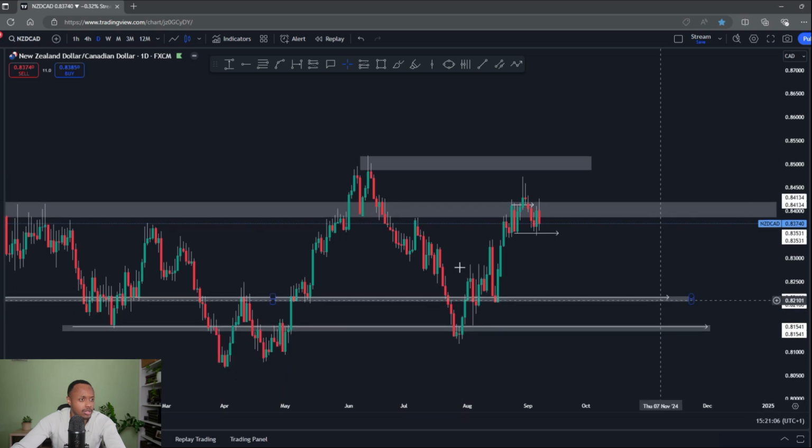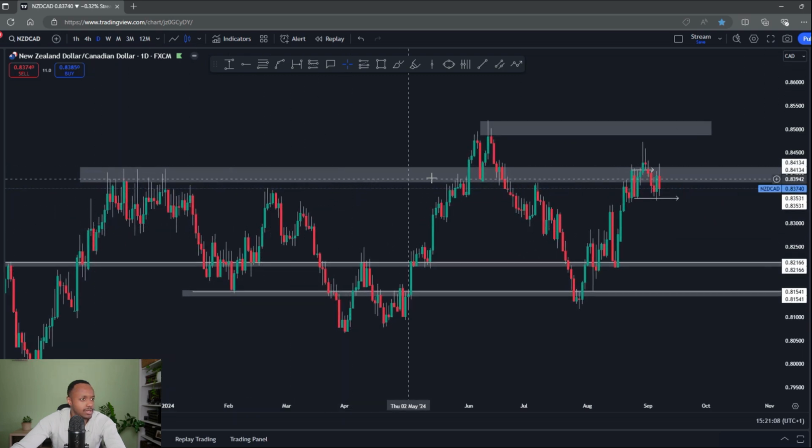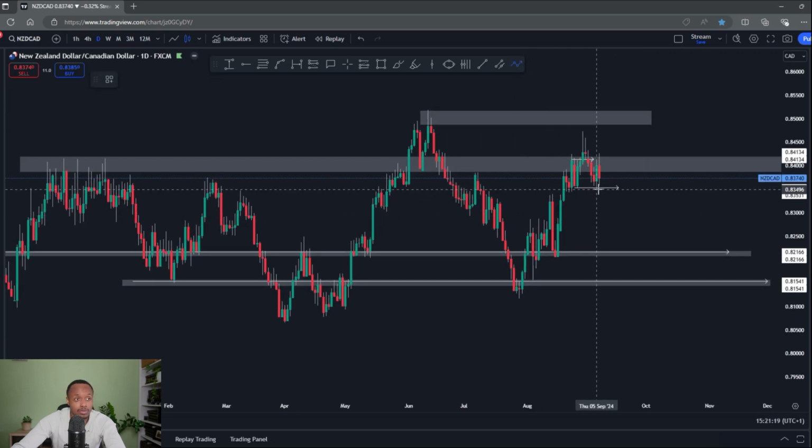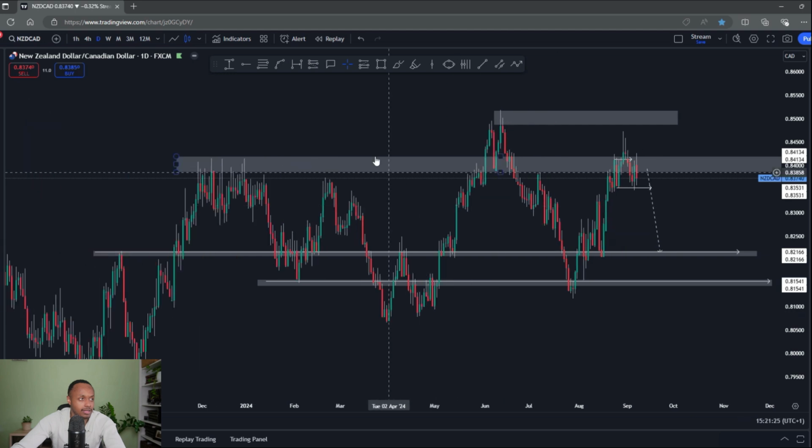If I scoot to the daily chart, I was looking for price to break above this daily high here and just simply push back to the next swing high and maybe beyond that. But it does look like this level here at 0.84 is holding pretty strong. So should we break through some support on the 4 hour, which I'll mention in a moment, I do think there's a lot of room to the downside for NZD CAD because we've had resistance here, price broke through but